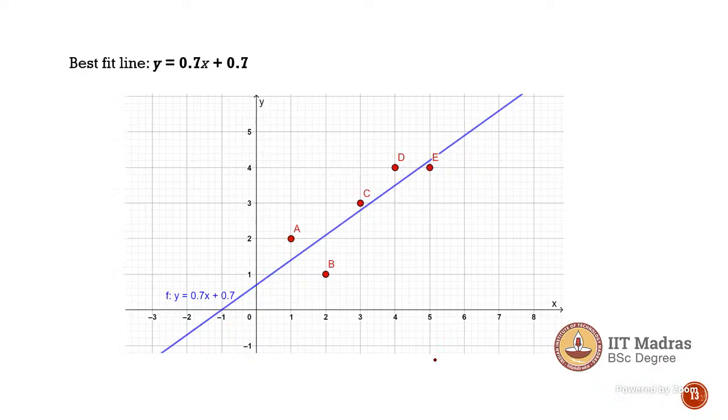That is what we obtained through our least squares approximation. If any future value of x is asked, say for example I give you x equal to 7 and ask you to find the y value, that y value is 0.7 into 7 plus 0.7, which lies on this line, maybe around 5.3 or something like that. That is why we use least square approximation to predict any future value that lies on this line. That is why we call this line a best fit line, which has the minimum error.